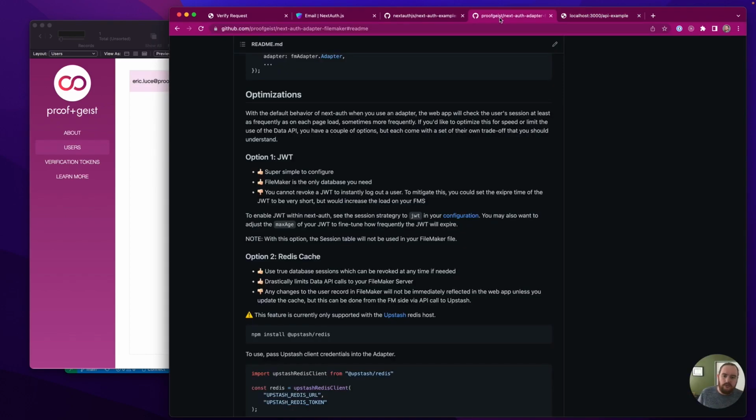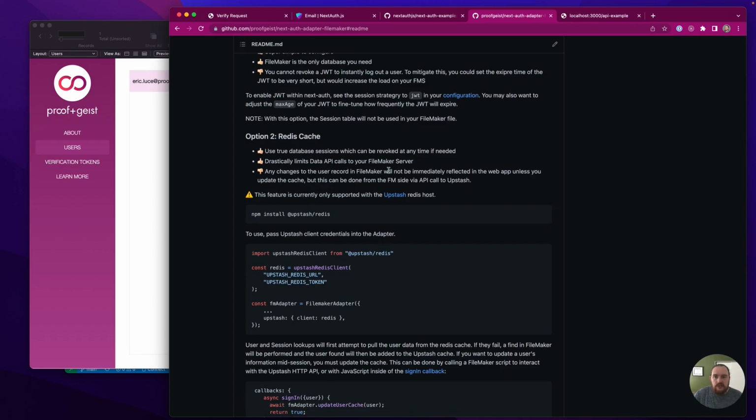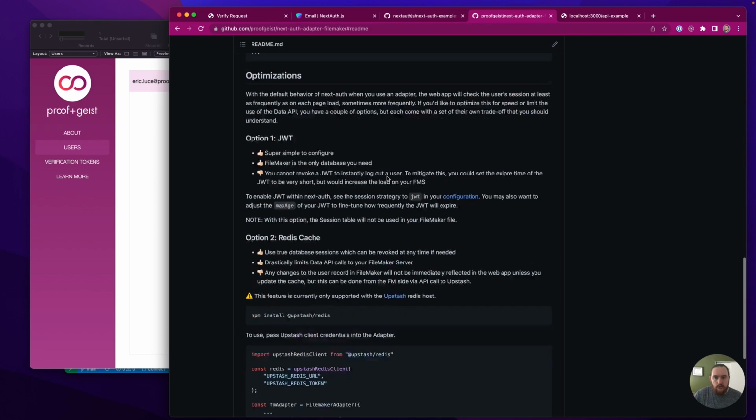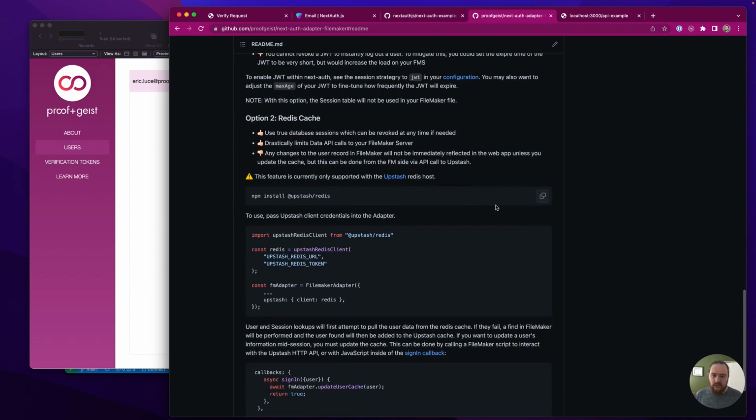The other option you can do is this Redis cache, which is a bit advanced for this video, but I do just want to point that out, that is an option if you want to store your database sessions in Redis. So this FileMaker package that we've released here will natively support the Upstash Redis host. So it'll automatically cache your sessions and your verification tokens in Upstash so that you can use that for your sessions, which is much faster and doesn't hit the FileMaker data API. But then you can still use your sessions, and you can integrate with whatever's in your user layout object, like I said before. So this is our preferred method, but it is a bit more